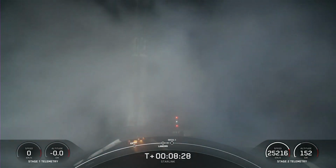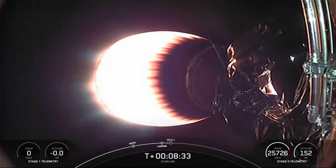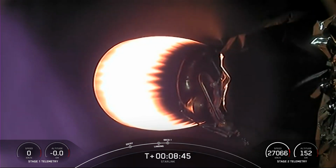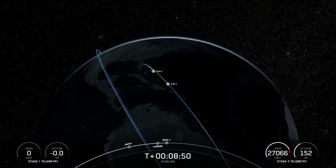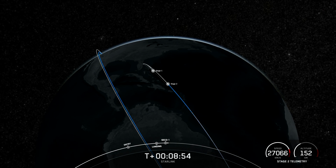Stage 1 landing confirmed. And there you have it, Falcon 9 has successfully landed, marking its 16th landing for this booster. And we are now awaiting second engine cutoff coming up in a few seconds. MVAC shutdown. Tonight's landing of our first stage marks our 207th